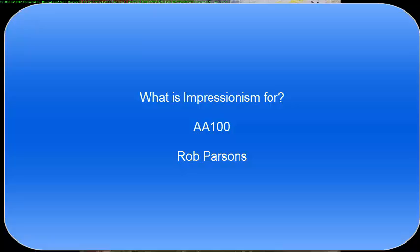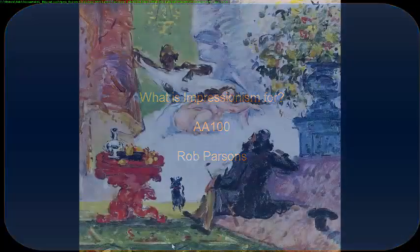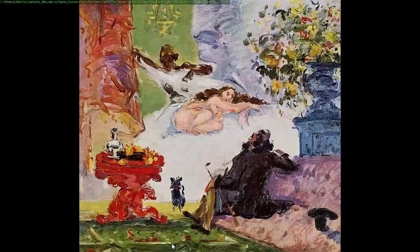My students often ask me what Impressionism is all about, what it's for. They very often say they don't understand it, they don't like it. So what is the purpose? What's the purpose of Impressionist painting, and also what's the purpose of studying it? It's an understandable reaction, and it's a very good question, and I want to try and provide some sort of